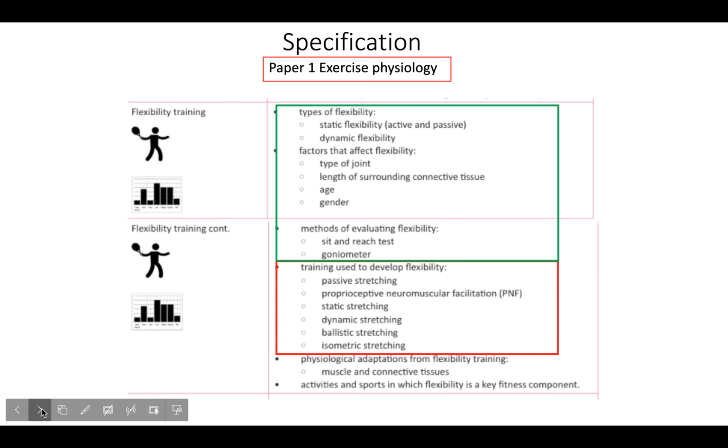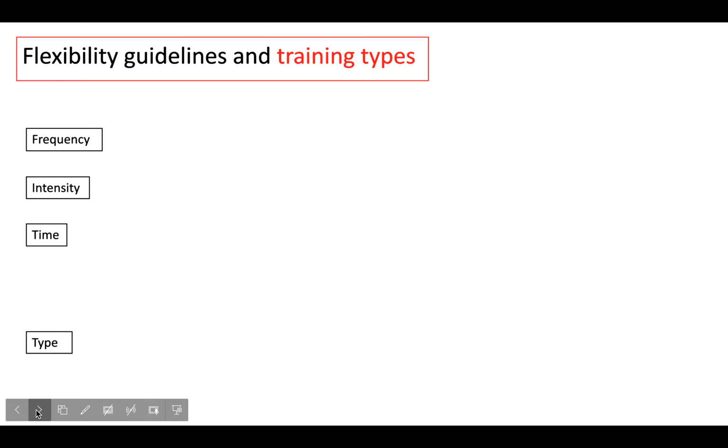So what we've looked at so far is types of flexibility, factors that affect our flexibility and methods of evaluating flexibility. Today we're going to be focusing on training used to develop our flexibility. So if we move on straight to the guidelines used for flexibility training and then the different types of training,